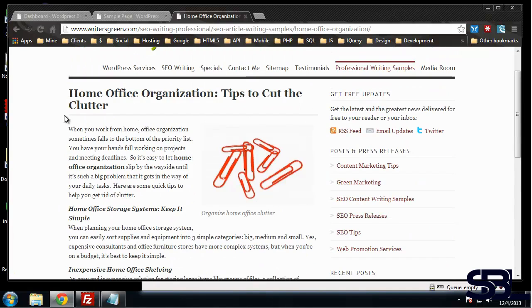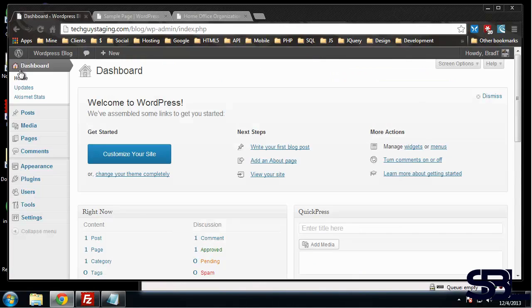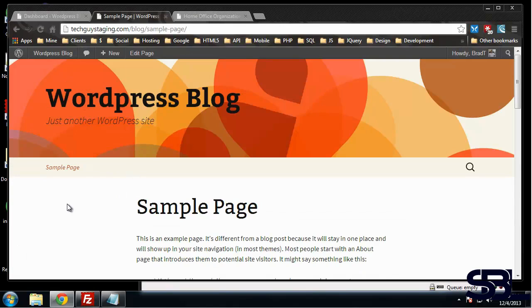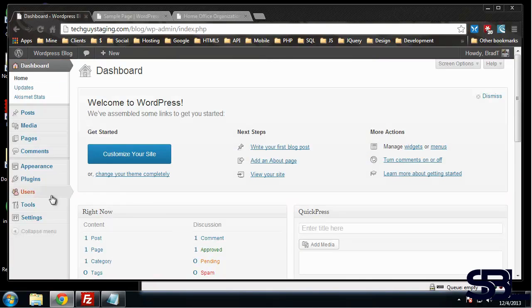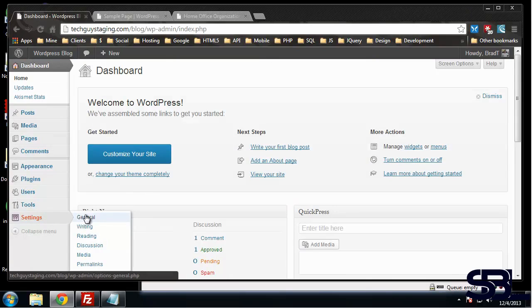So we're going to grab this article, but first I want to do a little bit to our blog. We have just the default theme and content. I'm going to make this a work from home blog since we're using that article. So one thing we want to do is change the title. We want to optimize this so WordPress blog obviously isn't going to do much for us. So if we go to settings and then general,